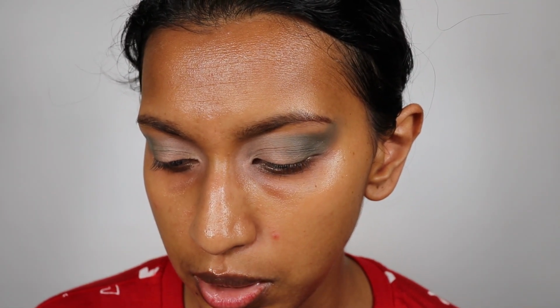Okay, so we are now going to go in with the 2 shades. I'm still wondering if I should put Trill on my eyes. I'm really not sure about this, but I really want Tal Shiar to be in the center, because I feel like that would be the most beautiful thing. So I think what I'll do is I'll start with Far Point. We're gonna go in with that shade because we have not tried it yet. Let me just grab some